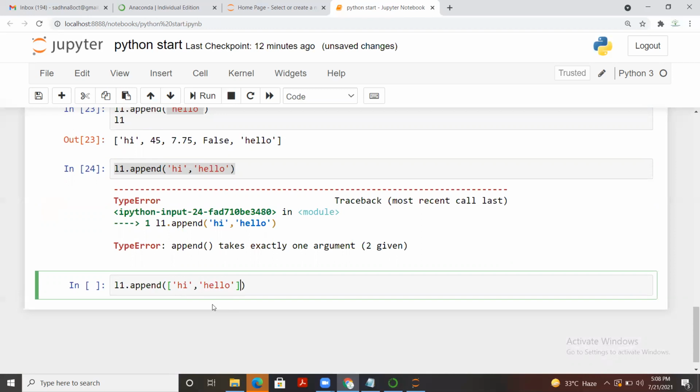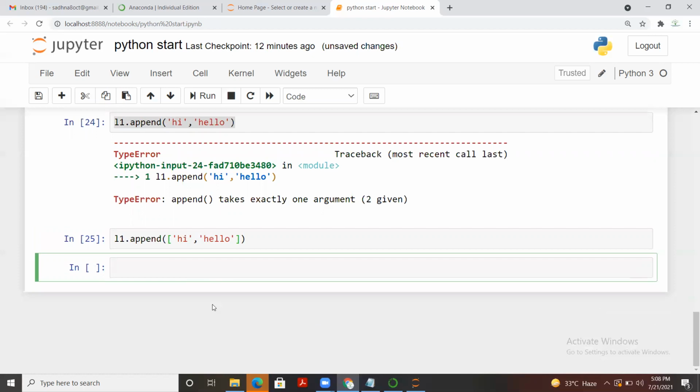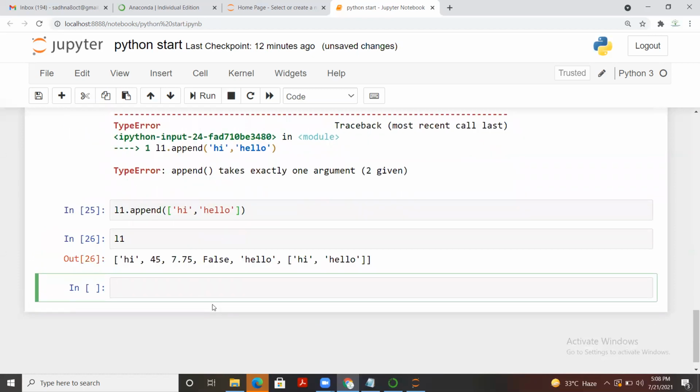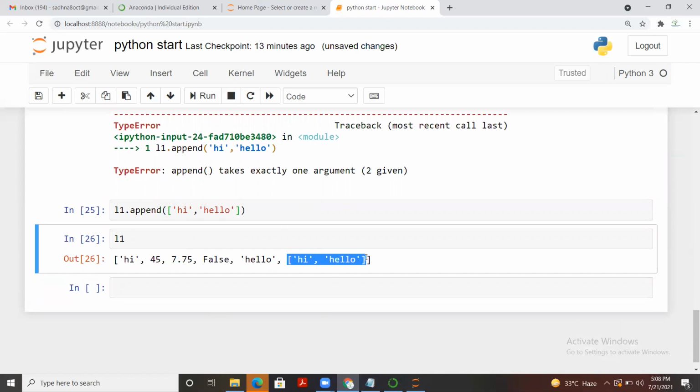Basically I'm going to append a list to the existing L1 list. So you see some changes in your output. Hi and hello has been added as a list, not a particular element. It starts from the comma and goes till this particular position. You see that's one value here in this list.